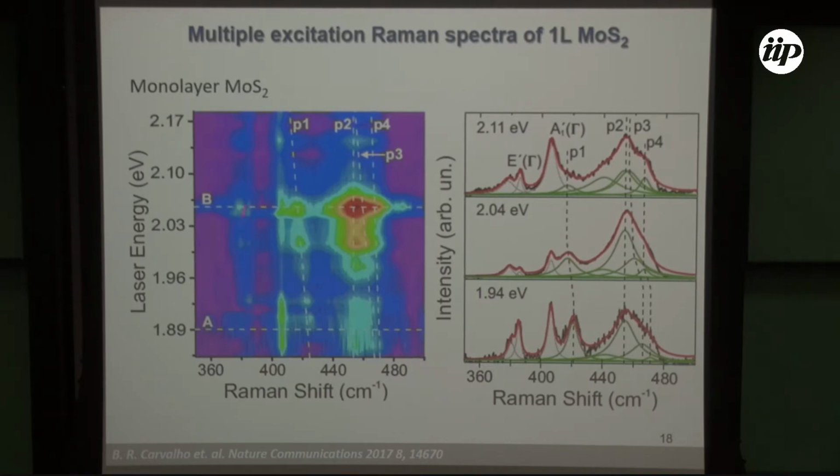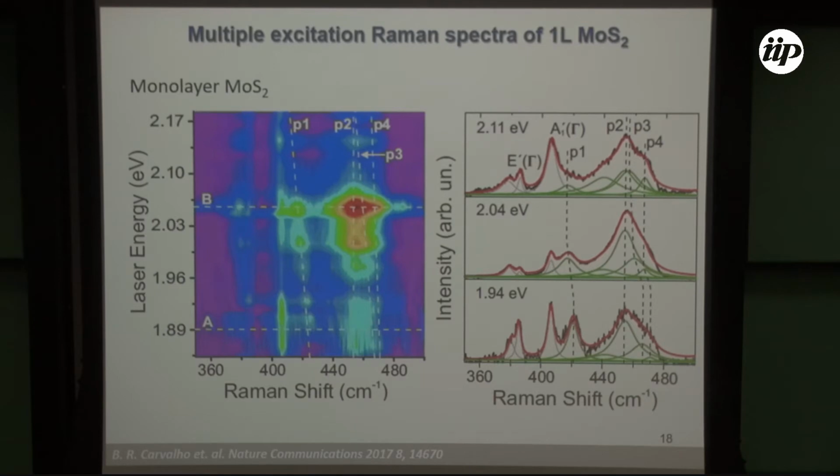This would be the E prime, and this would be the A1 prime, A1 E prime, in-plane and out-of-plane modes. And we saw that the Raman spectrum for a small range of energy changed considerably. The most important is that we observed some new dispersive bands, and we didn't know how to explain that. So we wanted to understand why this band, for instance, this P1 peak, which demonstrates the highest dispersion,